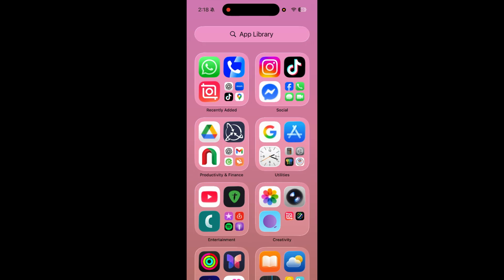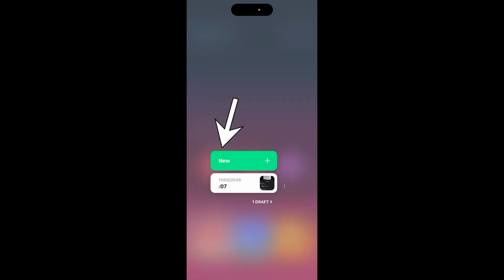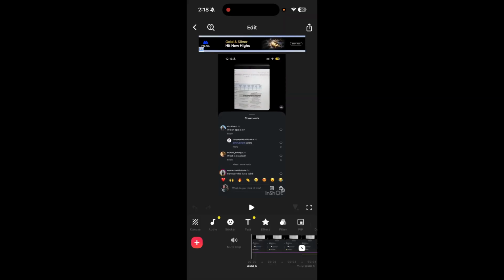And below, first you need to launch your InShot app, and on the home dashboard you can find video, photo or collage. You need to select video and you can either create a new one or you can simply go to the draft. And once you are inside the editing workspace, which includes your preview monitor, primary timeline and